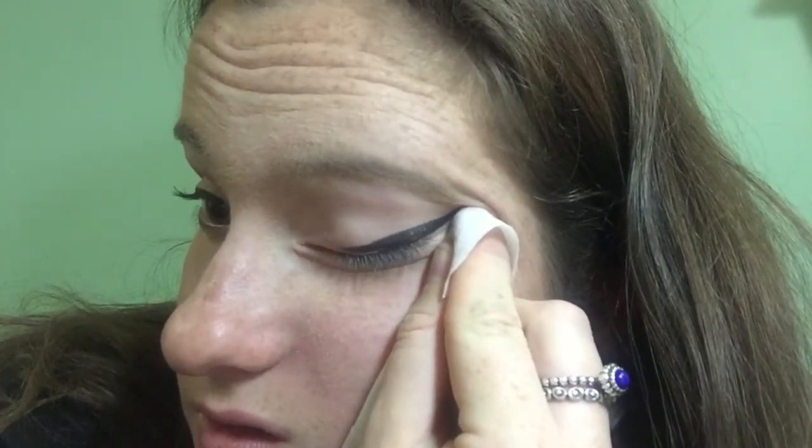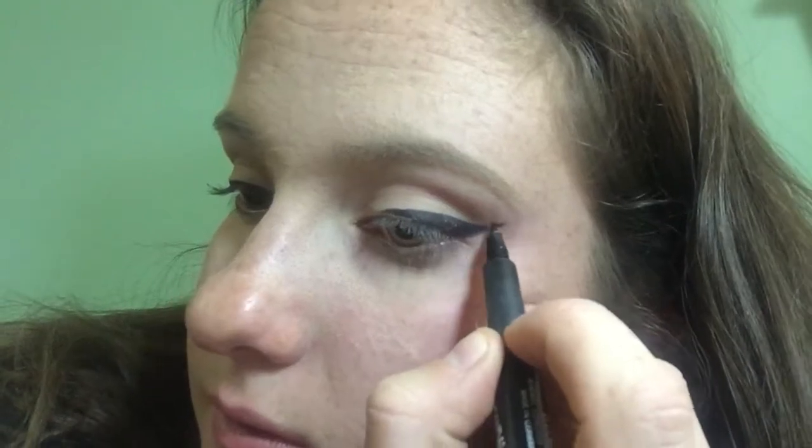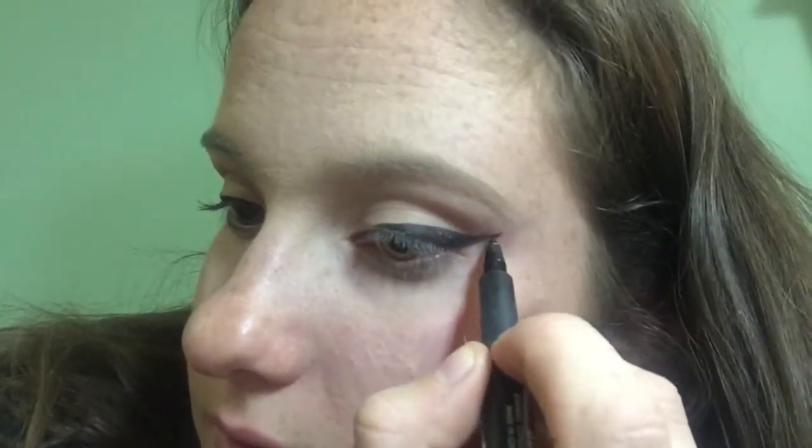close your eye, and it should thin itself out. And of course it may smudge a bit like it is now, but that's easily cleaned up like that. And I'll just go back in and try and put it out like so. This wing obviously isn't perfect,